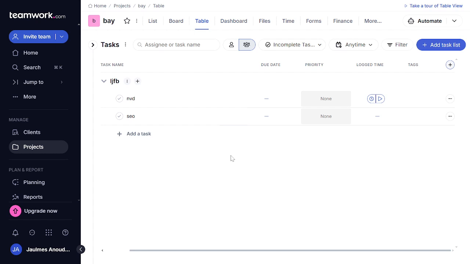Remember, keeping tabs on your project's history is a great way to ensure smooth and